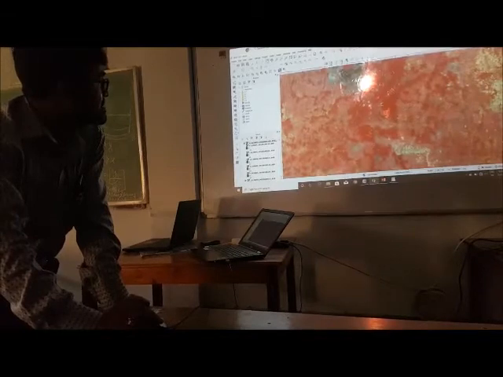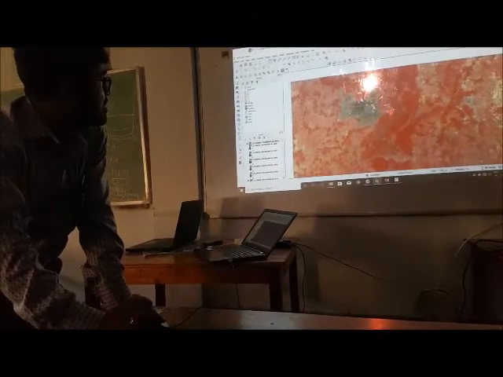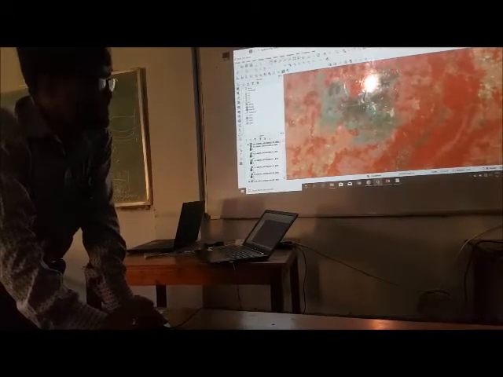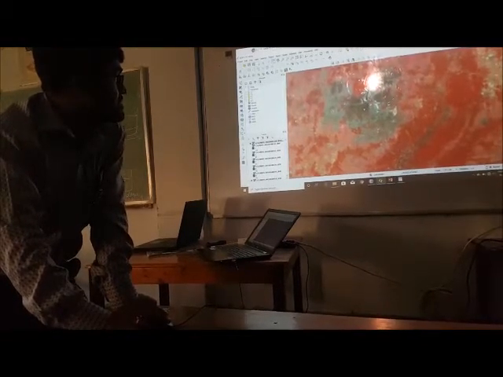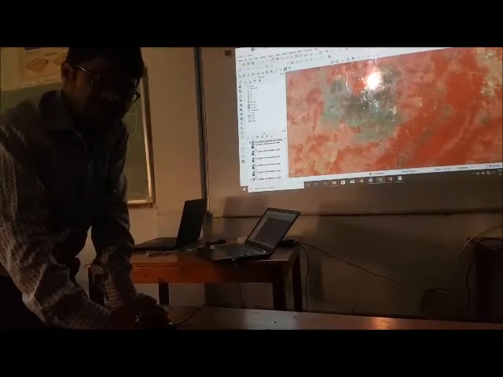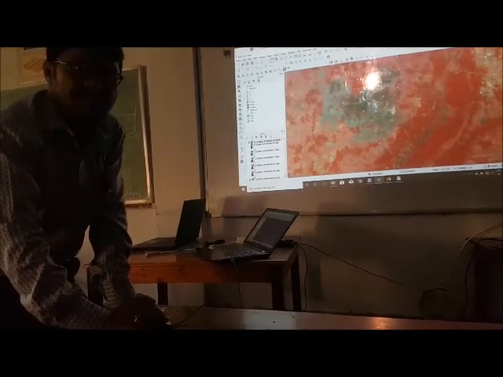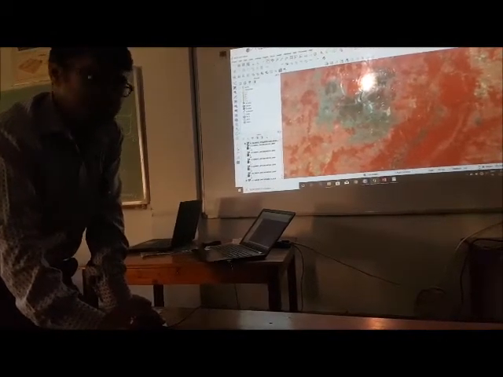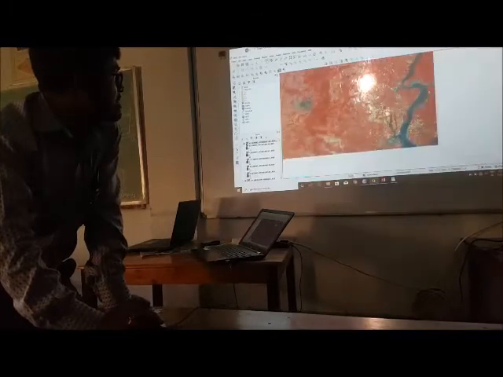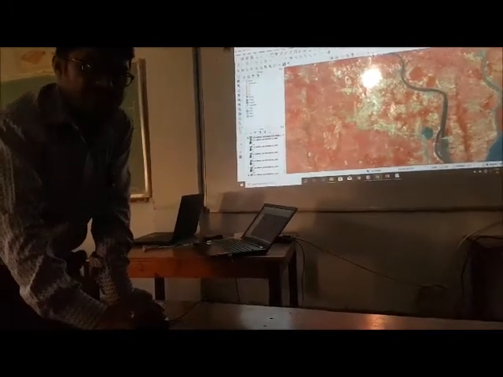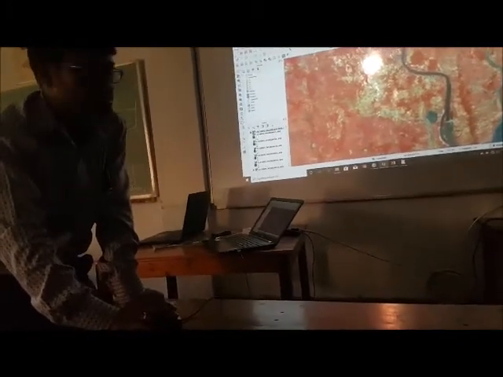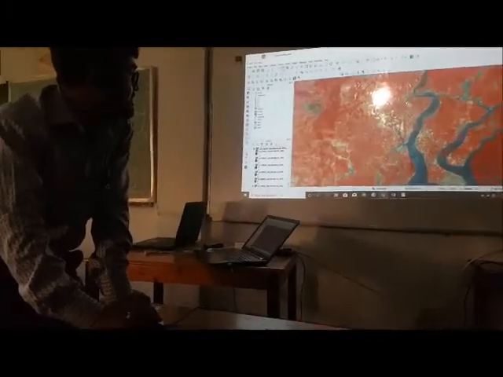If we see this part, these are shallow water bodies after heavy rain. They may be seen in agricultural lands also. These are bare areas where cultivation, settlement, water bodies, nothing is there.